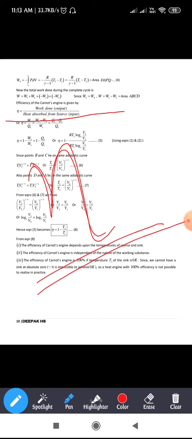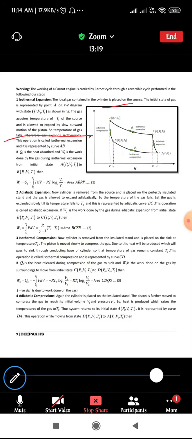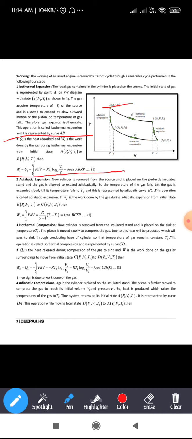So next, as you know, efficiency is equal to W by Q1. Work done is denoted by W. Heat absorbed by the source is Q1, the amount of heat absorbed, right? So that is equal to W, and as you know the W value comes out to be W1 minus W3. And the value of Q1 we are going to substitute as W1, because in equation 1 we have expressed W1 as equal to Q1. So the value of Q1 can be replaced by W1.